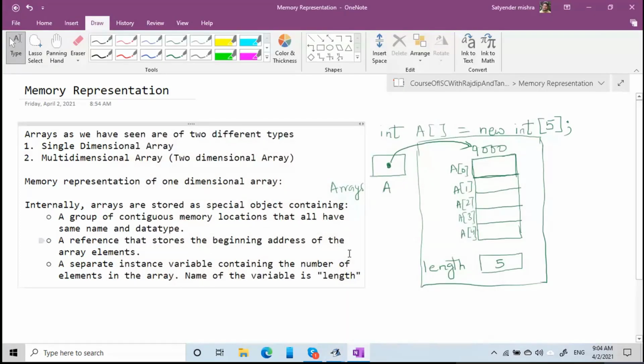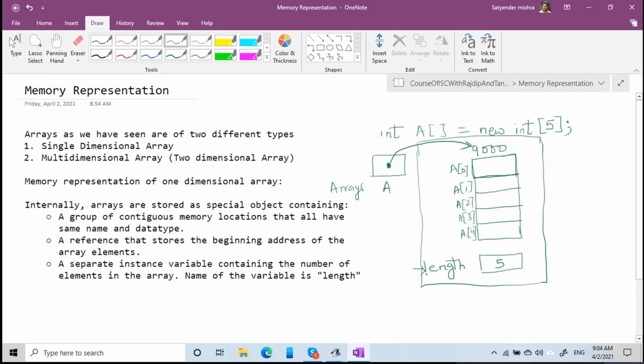So now we talk about the memory arrangement of array of objects. While writing Java programs involving arrays, make sure to design a test condition that ensures that only valid array indices are used in your program. This will save you from array index related runtime errors. So this length variable is very much useful.